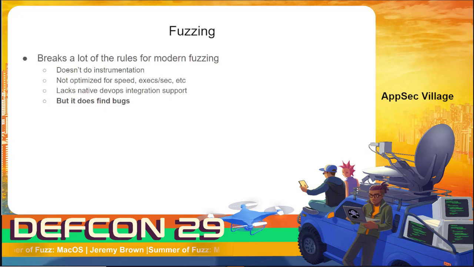So it breaks a lot of the rules for modern fuzzing. These days everything is about how fast can we do it? How can we instrument this? How can we get code coverage for every single iteration? How can we fuzz it a million iterations, things like that. LightFuzz doesn't do that. It says, okay, I want to cover all these different domains, and I want to be